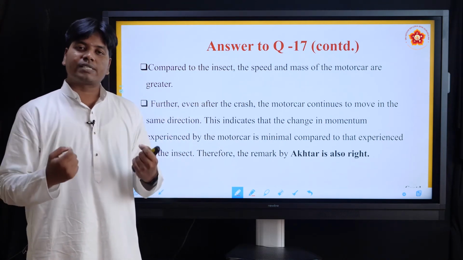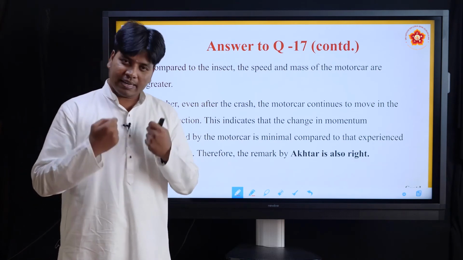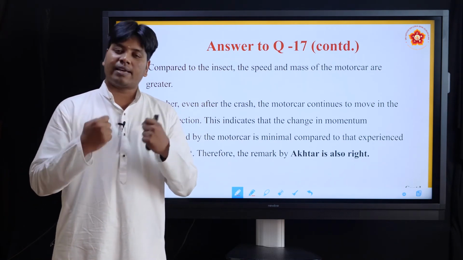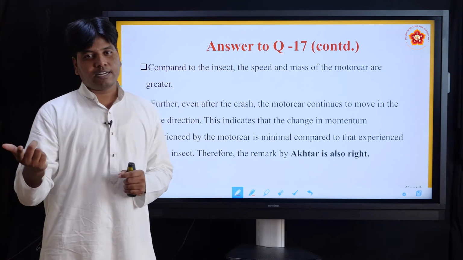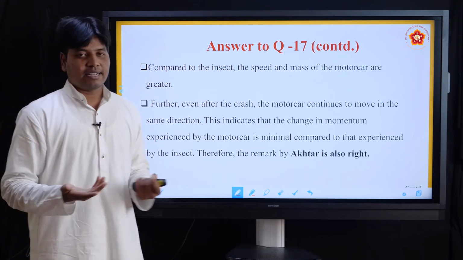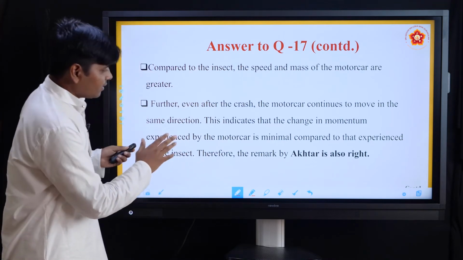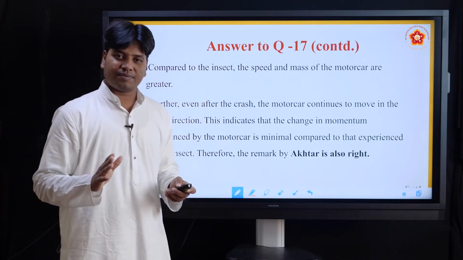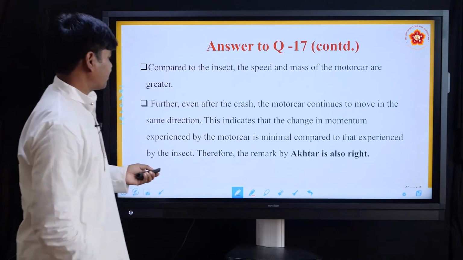Hence, the force experienced by the insect, by virtue of its size, exerted by the motor car is high, hence it dies. So, Akhtar's observation is also right. Now, let's go back to